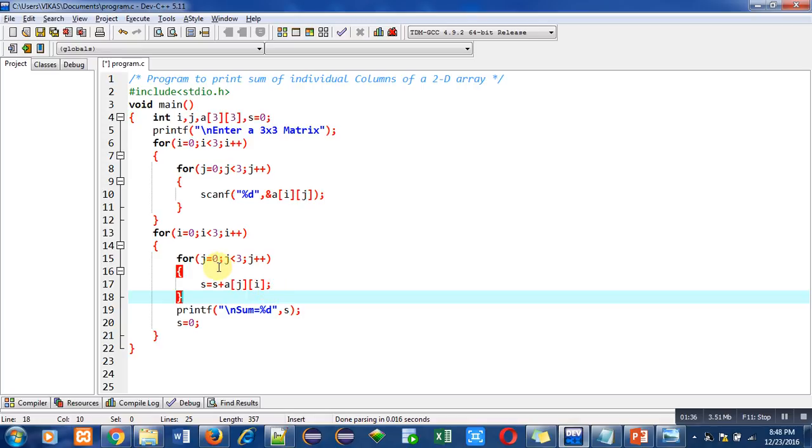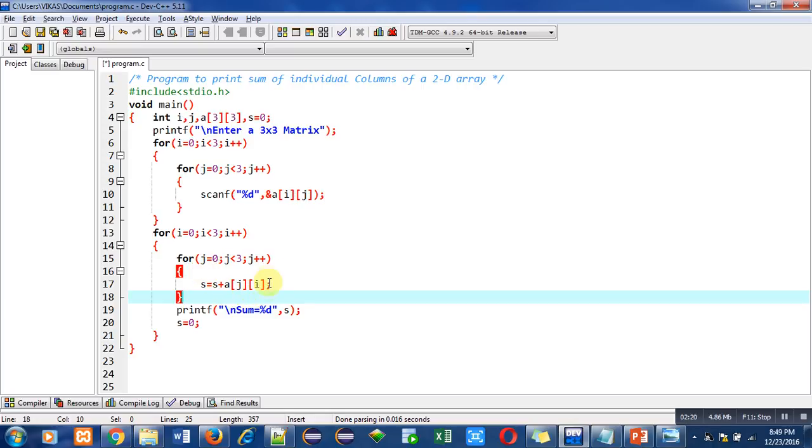So as I am going to execute this inner loop, j is 0, j less than 3, so the condition is true. Then S equals S plus A[j][i]. So initially j is 0 and i is 0, so the 0 0 index value will be added to S. Then j plus plus will be executed, then the condition will be checked. It is true right now. Then A[j][i], right now j is 1 and i is 0. So 1 0 is the column number which is available inside the second row, and it is the first element of the second row. So you can see that by swapping these indexes with the help of j i,